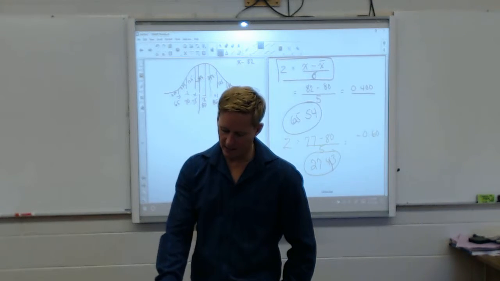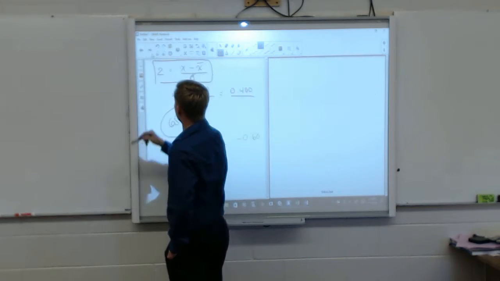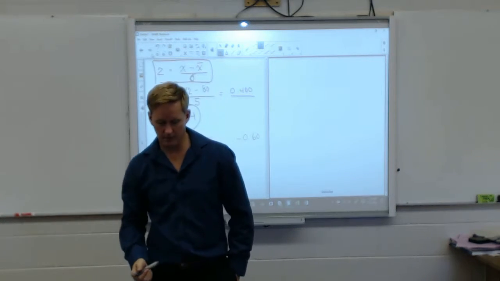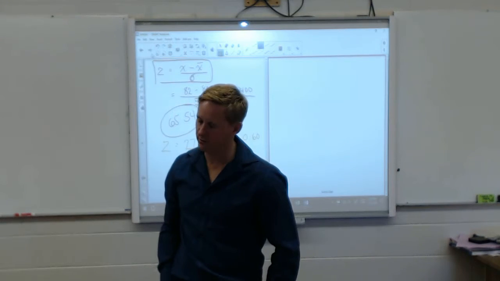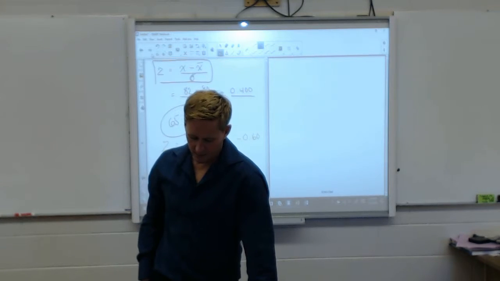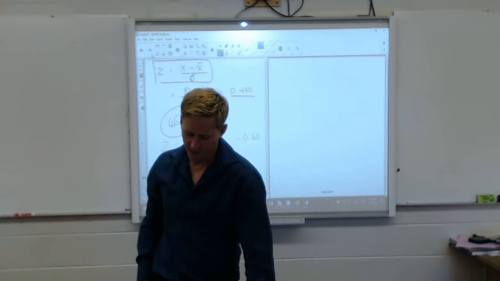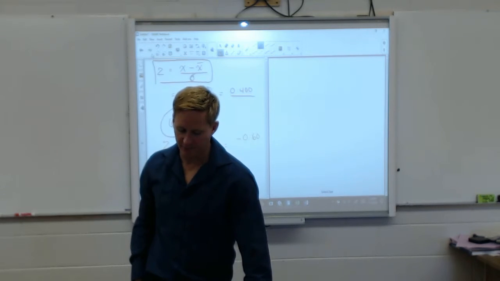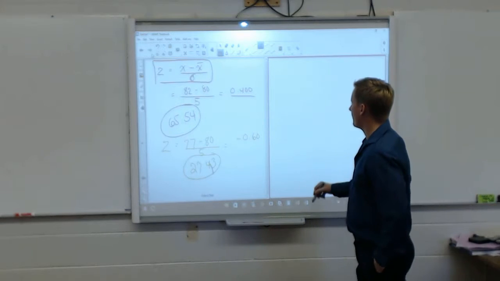Now, let's take a look at example 2. This one's completely different than the one we just did. The mean lifespan of a non-sticking frying pan is 2 years with a standard deviation of 0.5 years. Carney is an avid cook and wants to replace her frying pan after 65% of its natural life. When should she replace the frying pan? Assume that the lifespans of this type of frying pan are normally distributed. Okay, so now,